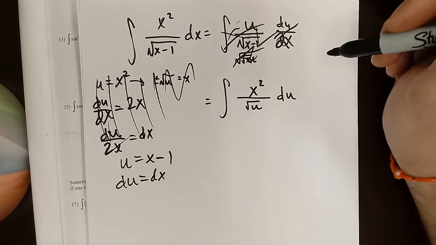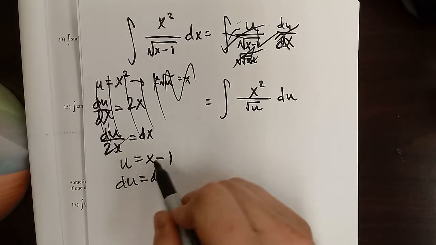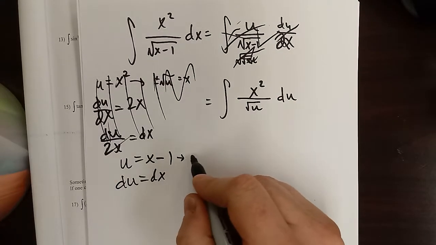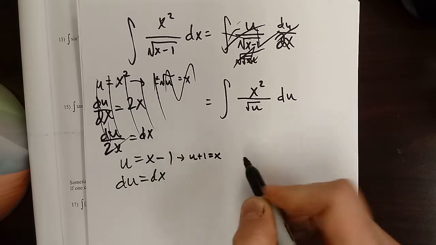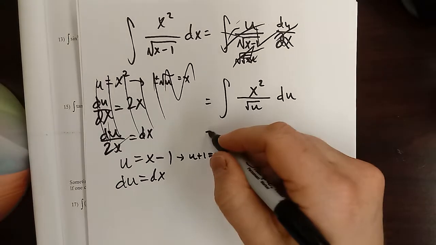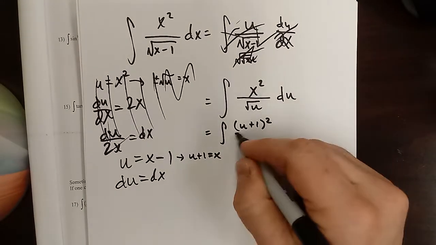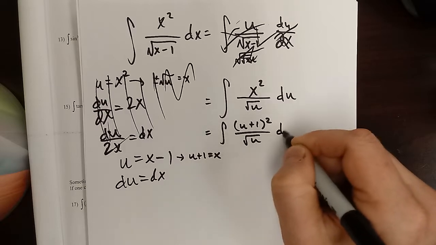Still have an x squared there. Oh, right. But I could get x by itself here by adding 1 to both sides and saying u plus 1 is equal to x. And then I could plug in and get the integral of u plus 1 squared over square root of u du,